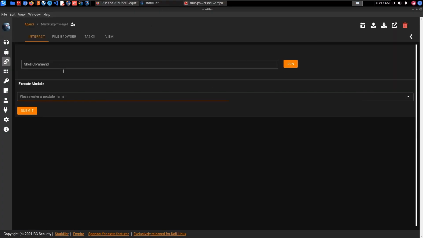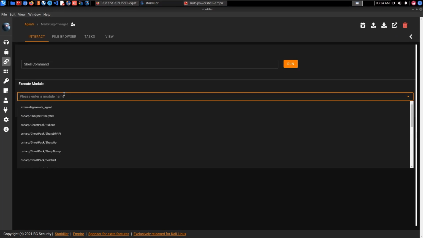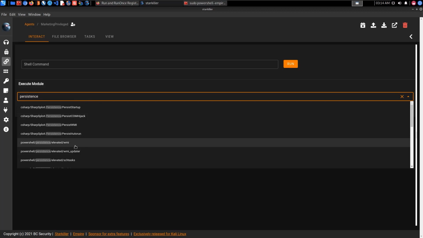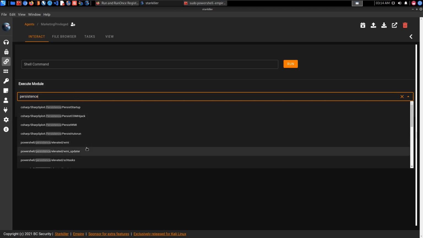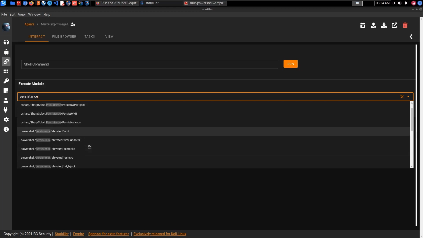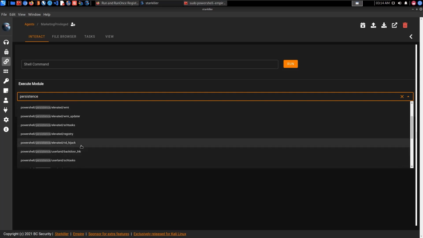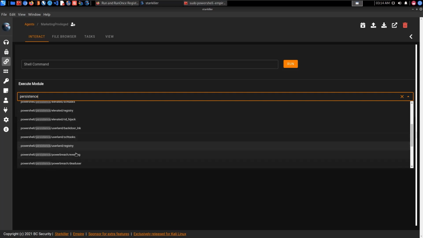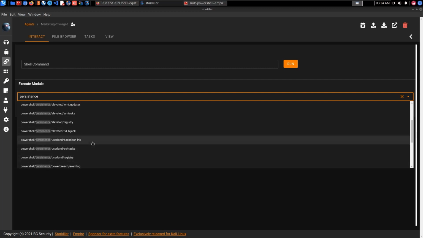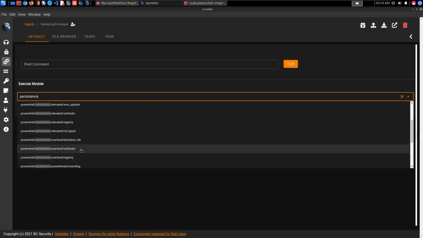So we can click on marketing privileged here. We can then search for the module. So we can search for persistence, and now you can see we're going to have the elevated modules. So we're going to have WMI updater, scheduled tasks, registry, RID hijack, and then of course we have the userland ones, which are just 2, right? So in this particular case, because we've already explored the registry and scheduled tasks module, let's take a look at the WMI